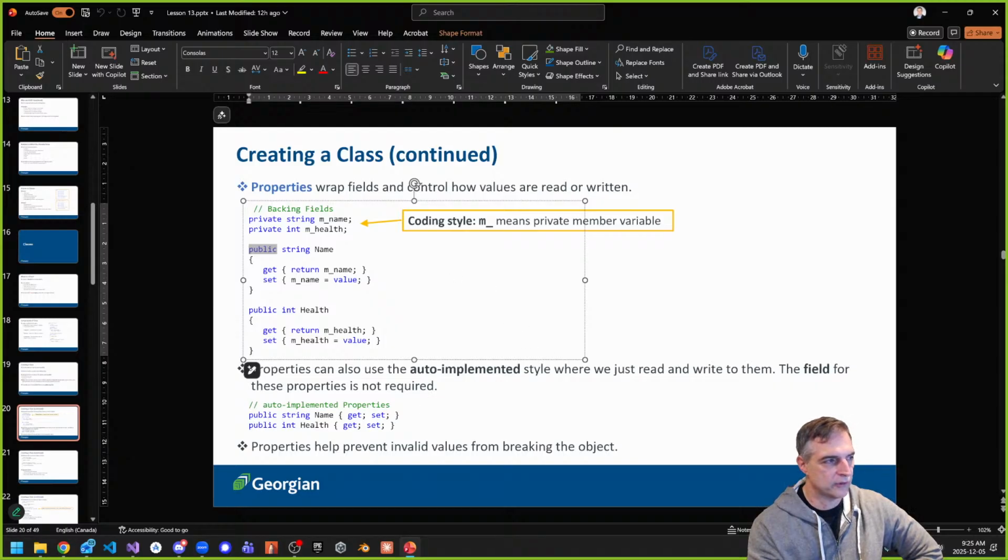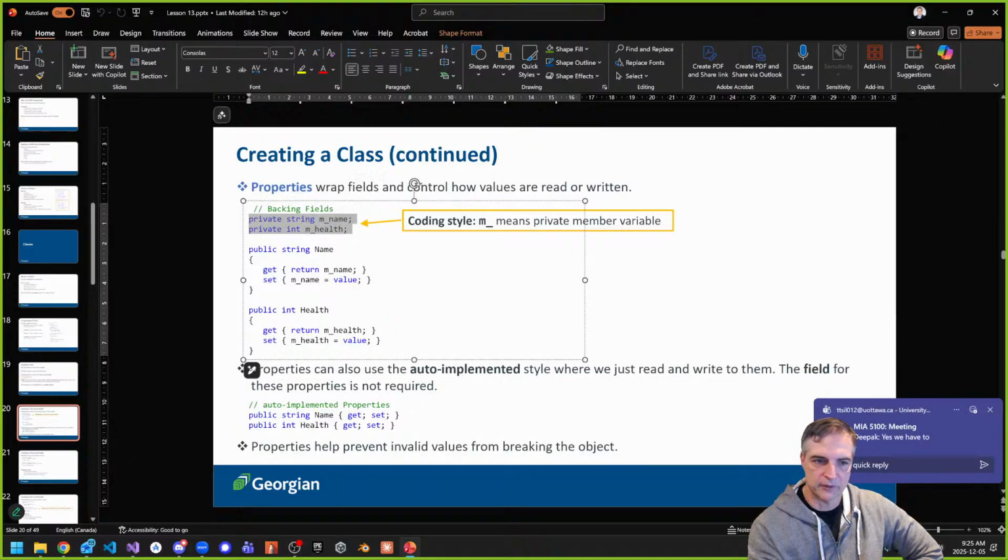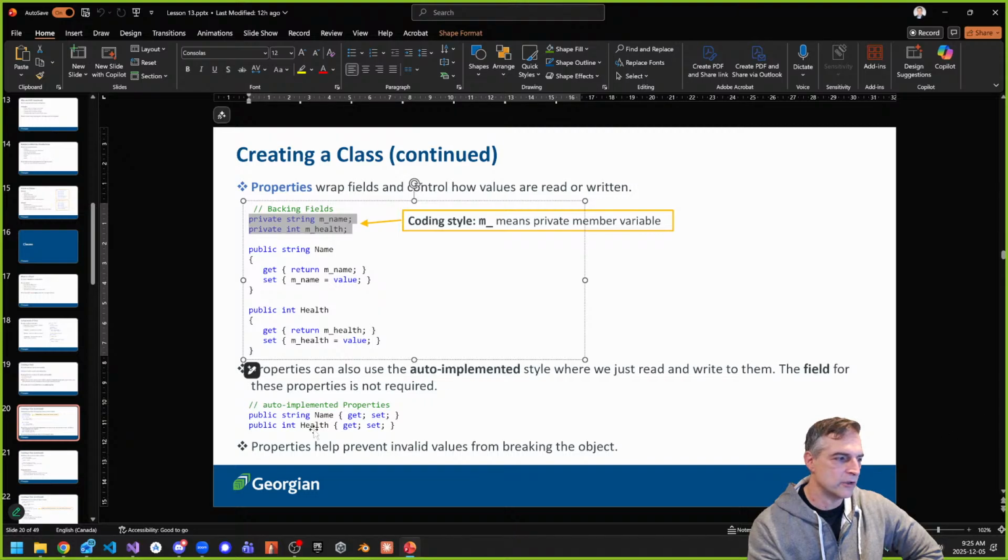There's also one other way to do this. Instead of doing it with a backing field, you can also see something that looks like this. It's an auto-implemented short form property that you can make without the need of fields at all. C# knows that if all you're doing is reading and writing data, then the field is kind of useless, because really what these are is little methods. They're almost like a short form way of writing a method. In the curly braces, you can write a whole pile of extra stuff.